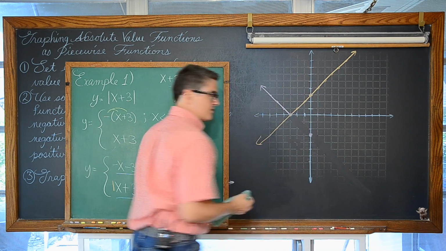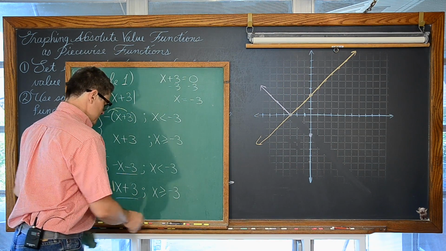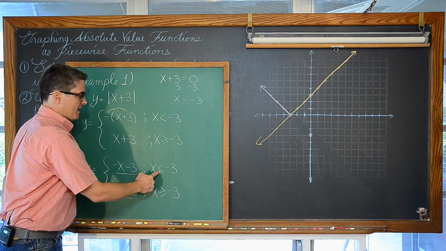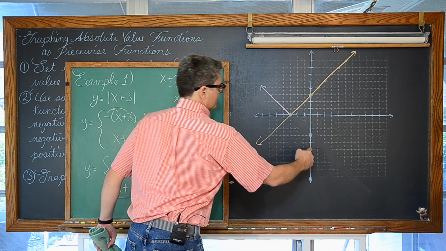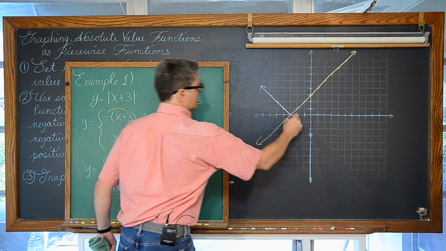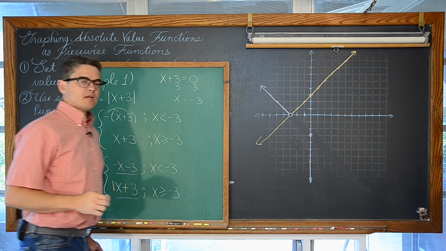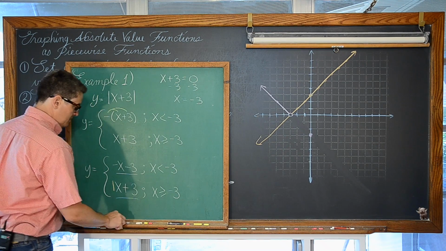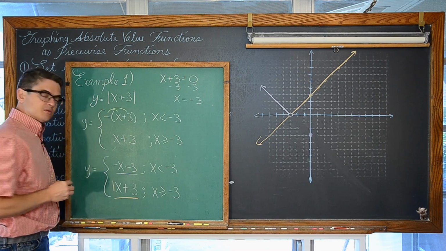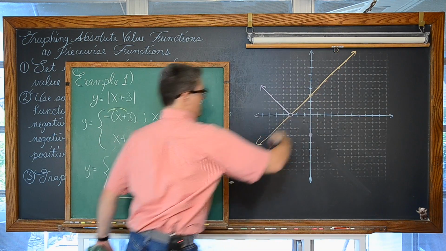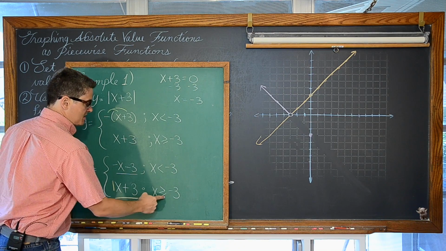Again, just in case you're having trouble graphing piecewise functions. And this inequality does not have an equal sign. So actually, this purple line, y-intercept of negative 3, slope of negative 1, should have an open dot here at x equals negative 3. But now we come along and go, well, wait a minute. We also graphed y is equal to 1x plus 3, and that yellow or orange line is supposed to be everywhere that x is equal to negative 3.